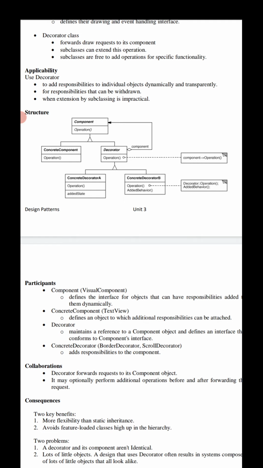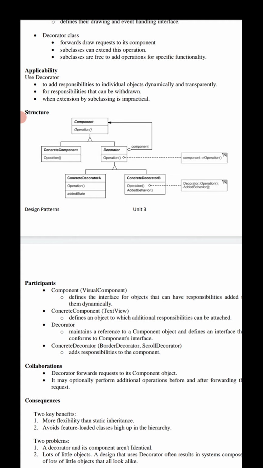I already mentioned this point. It is very useful and transparent. We are dynamically, at runtime, adding extra features to an object without affecting the base objects and without any difficulties.